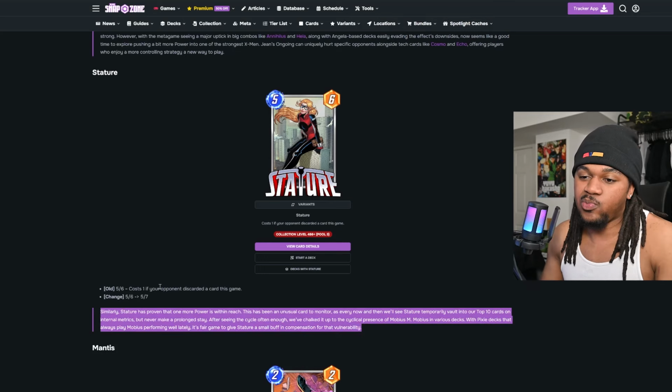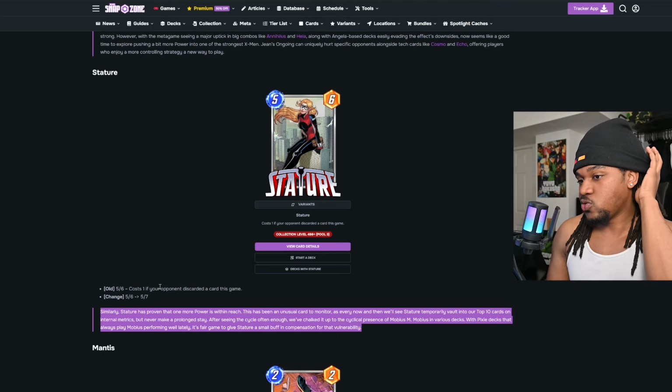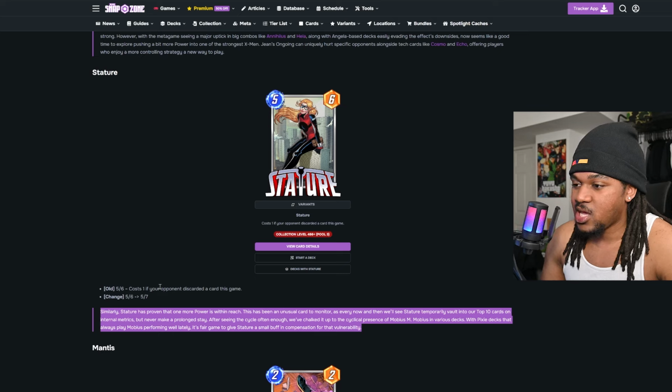They gave her 1 point of power back. Similarly, Stature has proven that 1 more power is within reach. This has been an unusual card to monitor, as every now and then we'll see Stature temporarily vault into our top 10 cards on internal metrics, but never make a prolonged stay. After seeing the cycle often enough, we've chalked it up to the cynical pressure of Mobius in various decks. With Pixie decks that always play Mobius performing well lately, it's fair to give Stature a small buff in compensation